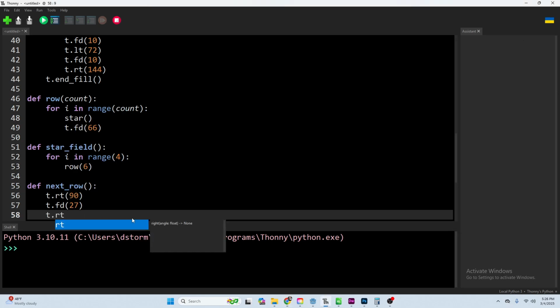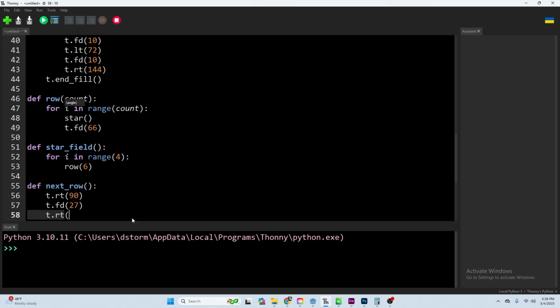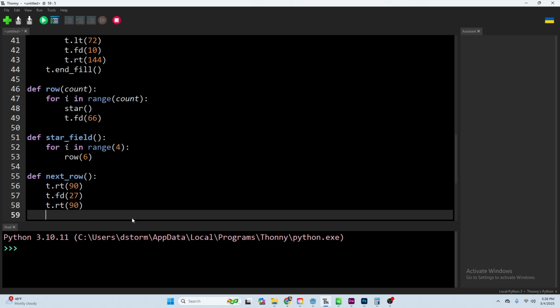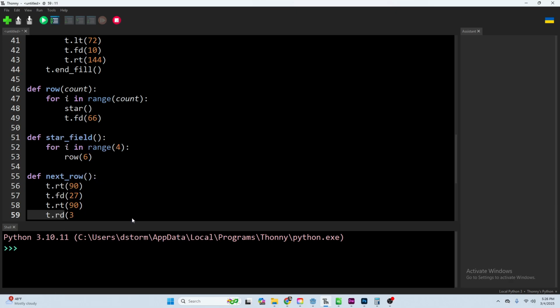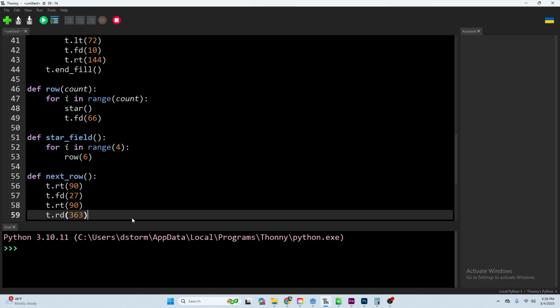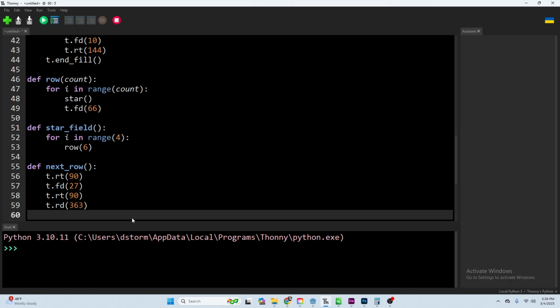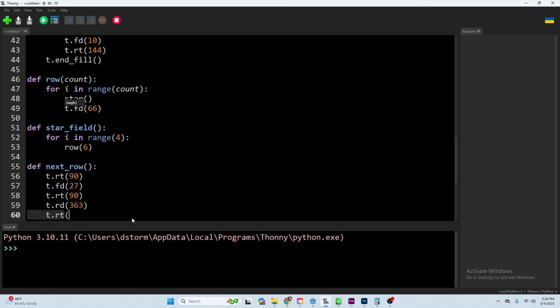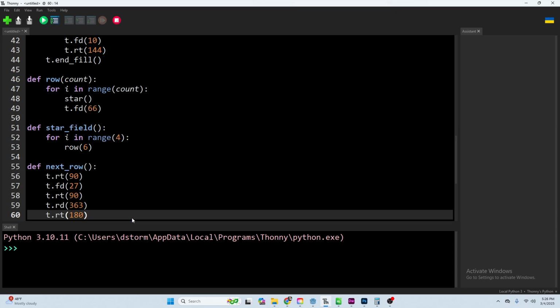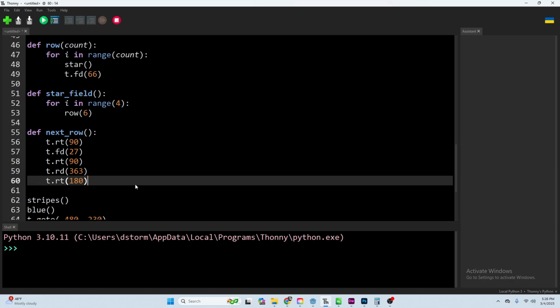Then t.right 90 degrees, so we're now facing to the left. T.forward 363. So these are the numbers that I've been playing around with to make it perfect. So we're going to go all the way across. T.right by 180. So we're turning all the way around because we want to face to the right when we create our next